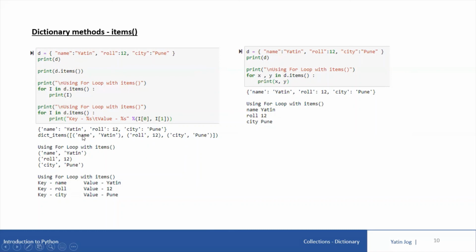So x will be name and y will be Yatin. For the second iteration of d dot items, roll comma 12 is my second key value pair. X will be roll and y will be 12 and so on. So if I just say print x comma y, it is printing the same name Yatin, roll 12, city Pune on the screen. So this is another way to use items method to traverse through the dictionary object.